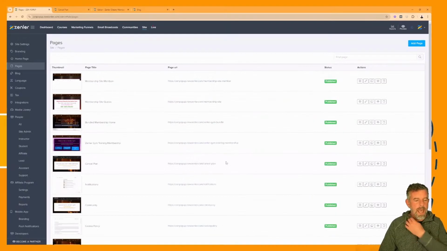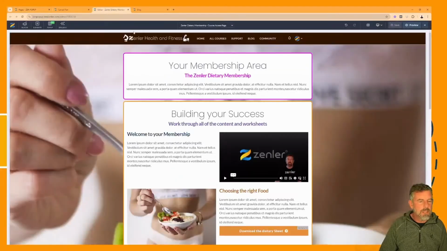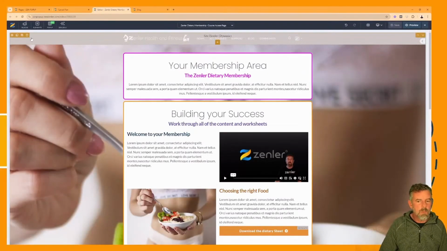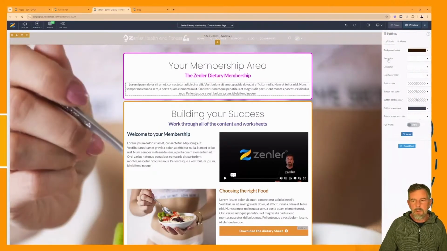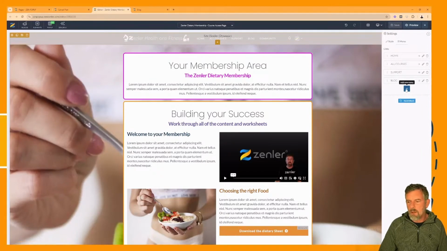All right, this is quite a good one to add. So what I'm going to do, this is cancel plan, is I'm going to take this URL. Okay, I'm going to go into one of our pages, doesn't matter which one, let's make it this one, and I'm going to just inside the menu system, drop that in. So I'm going to choose add